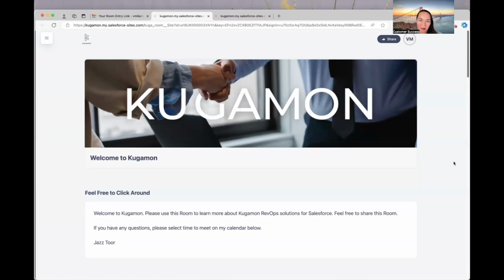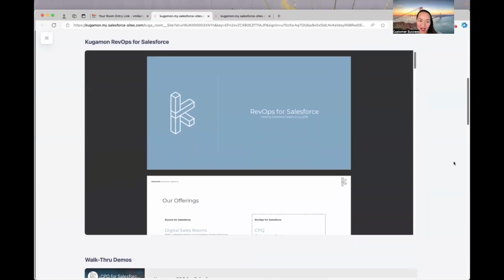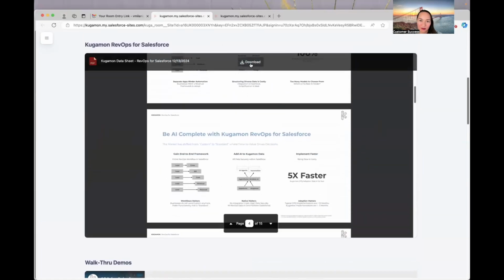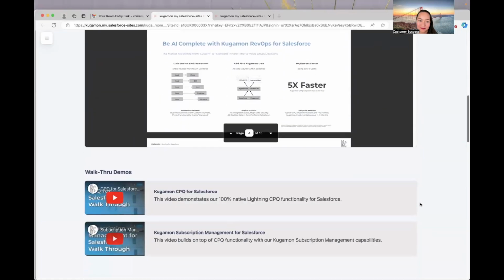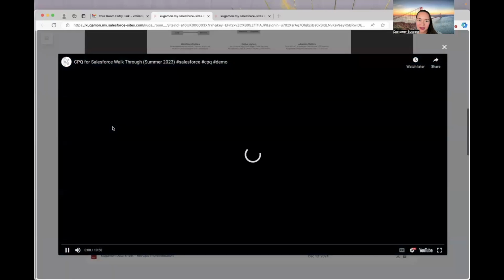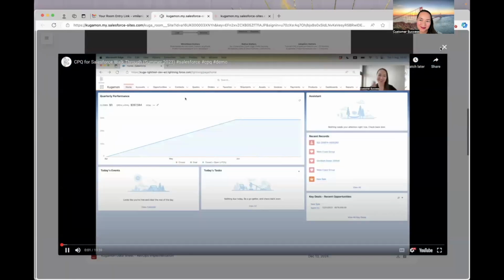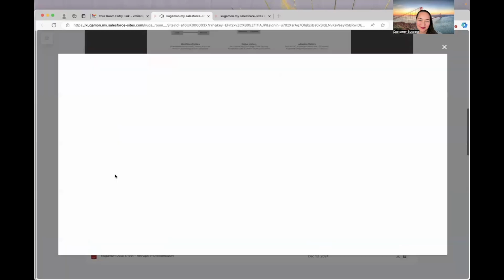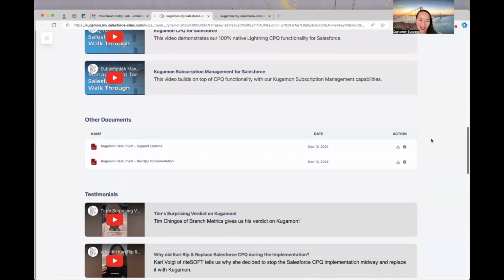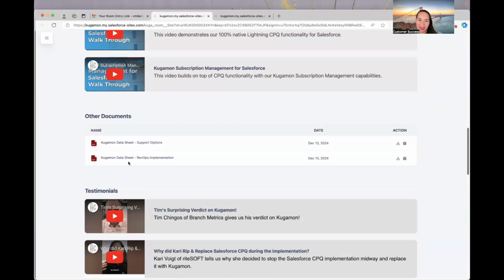I can learn more about Kugamon within this room. For example, I can reference their datasheet, download it. I can take a look at different walkthroughs. Reference additional documents.